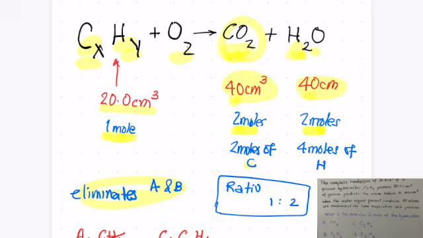As the data in the question says, 80 cm³ of gaseous products are produced, and then upon condensation of all of the water, you're left with 40 cm³ of CO2. So it means that we've got equal volumes of both gases, and equal volumes means equal moles. Assuming that these two 40 cm³ amounts are 2 moles, then it means that the 20 cm³ of the original hydrocarbon is 1 mole,